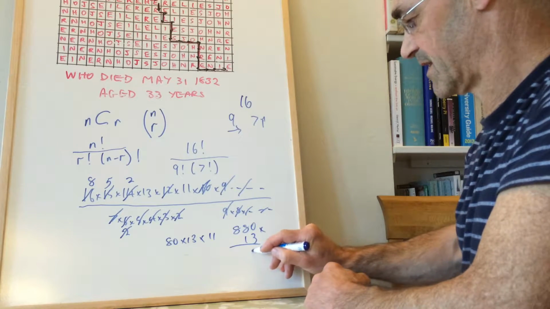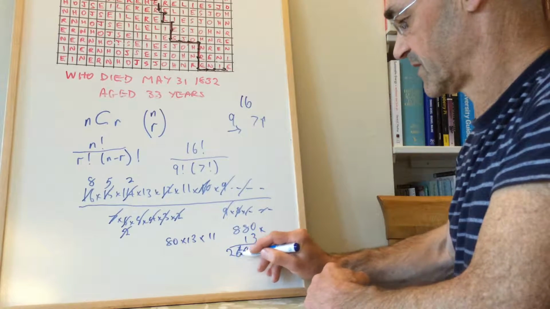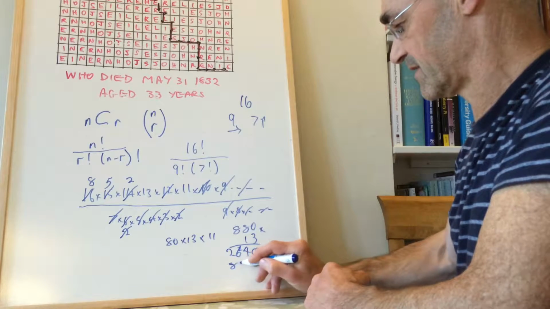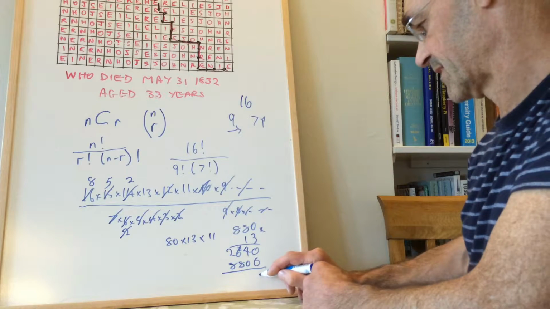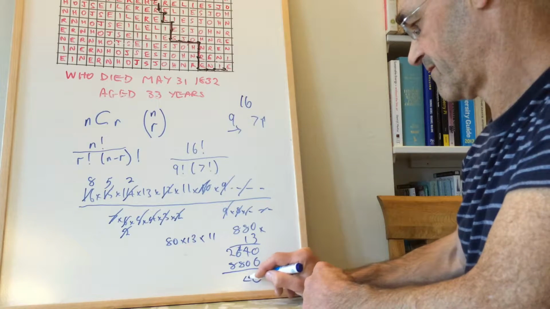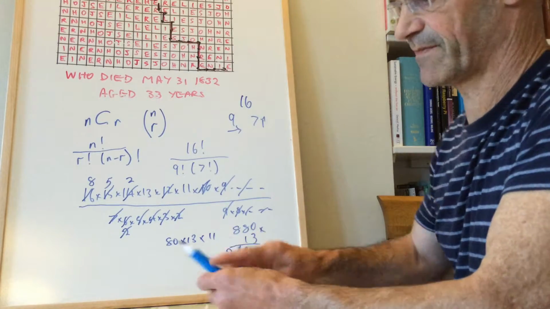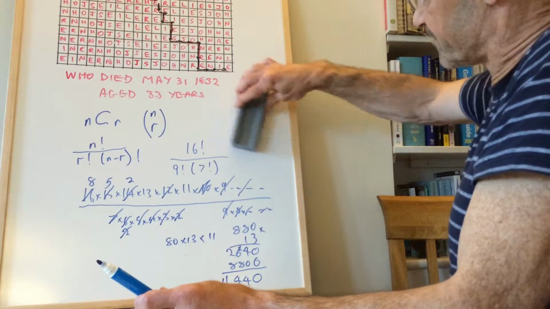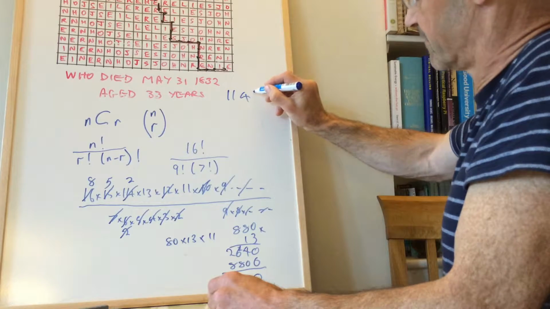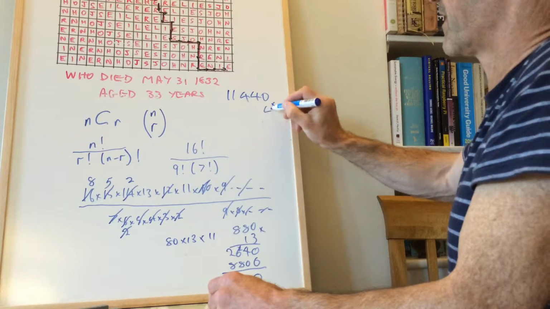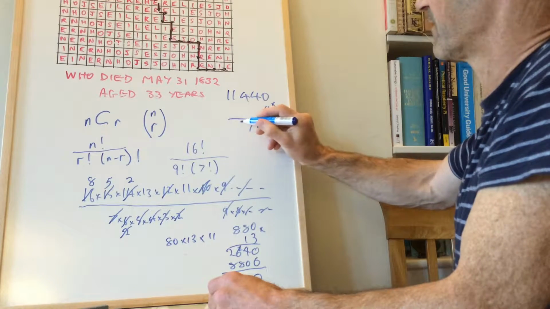So that's 0, 3 8s are 24, 3 8s are 24, and 2 is 26. And then we've got 880 here. So there's 0, 4, 4, 11. So that's my answer, 11,440. And if we multiply that by 4, we get 0, 16, carry 1, 16, carry 1, the 1 is 17,